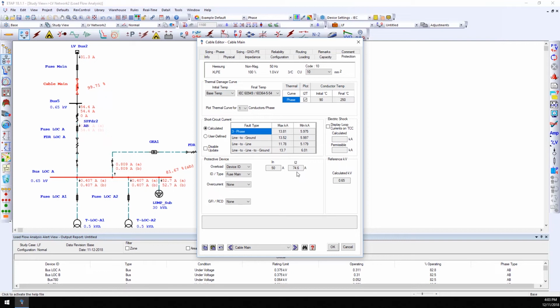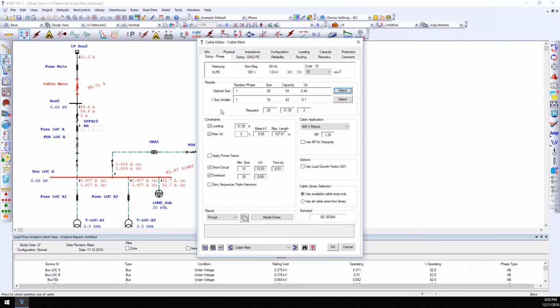A similar concept applies when selecting the overcurrent device. Selecting device ID and Fuse Main will automatically determine the clearing time for line protection, based on the short circuit current and time clearing curve pertaining to the selected device, in this case Fuse Main. Now switching to the sizing phase page, it can be seen that short circuit and overload results are